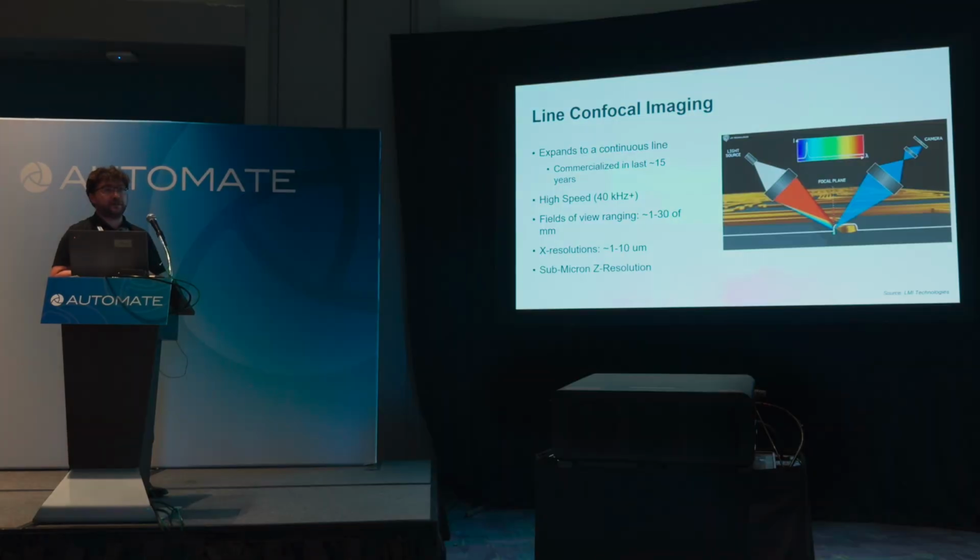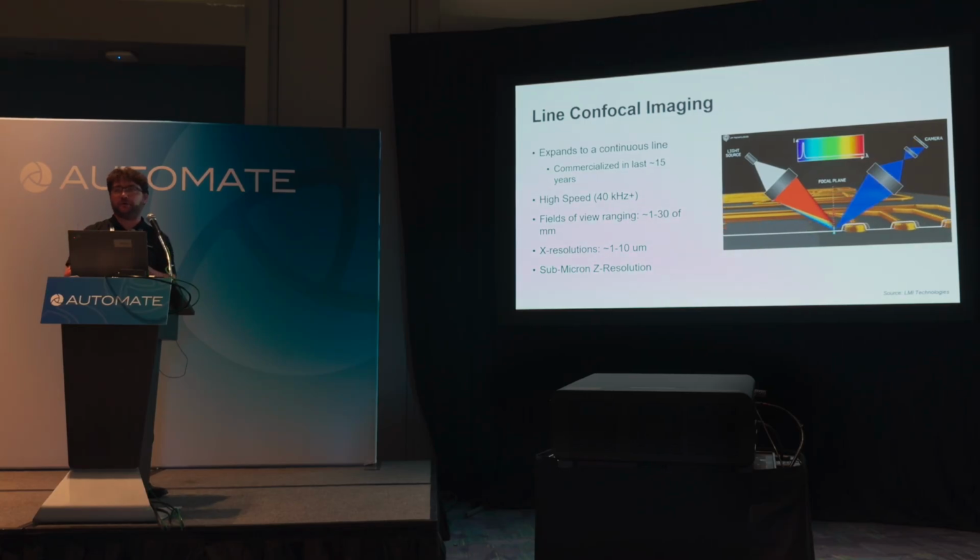Line confocal imaging, and that's an extension of the point. So effectively it's the same principle, but you have a plane. So if you picture your scan plane, it's going from, in this case of this illustration, red at the top to blue at the bottom, and now you're getting one or more peaks of strong wavelength return signal per column of your imager. So your X resolution is now determined by the imager you're using and the effective spacing of